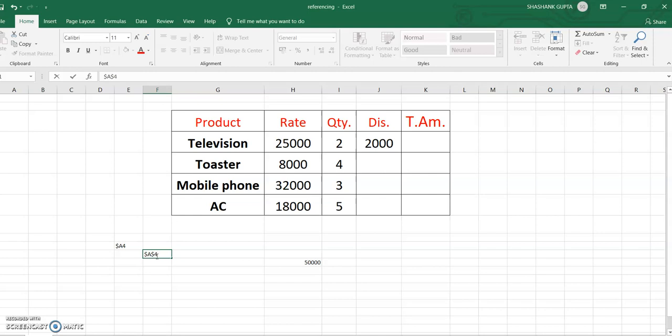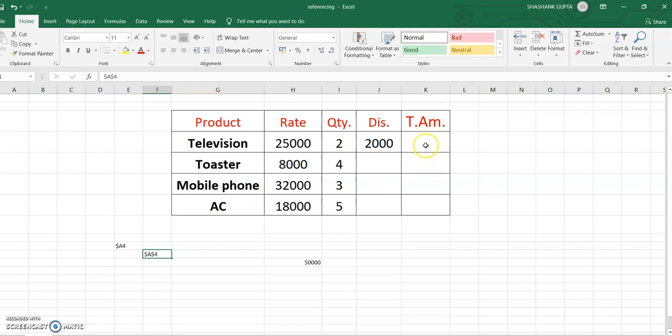What is the meaning of it? $A$4 means I am creating absolute referencing for both rows and columns. Here I am creating absolute referencing only for column, not for row. So that is the difference. Okay, it means in this value the column value will be constant, not the row value. Here both values will be constant.